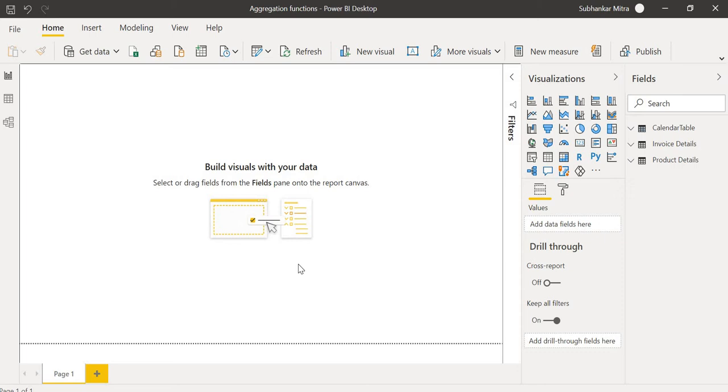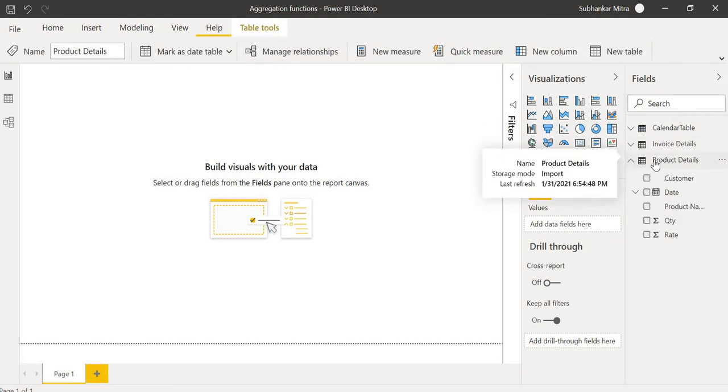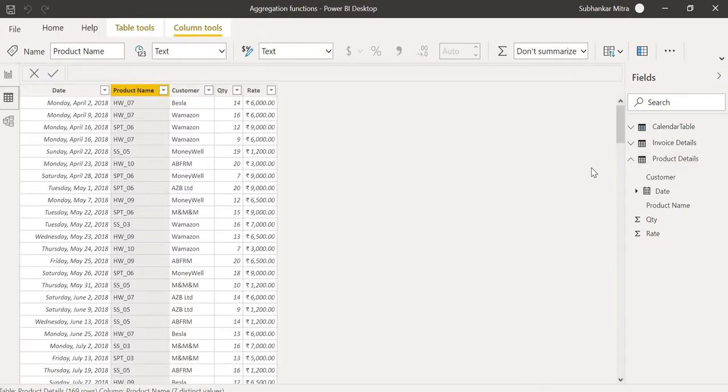Okay, so let's start. If you recap the last video, we had only two tables: the calendar table and the invoice table. The calendar table we derived by using some DAX functions, and invoice was already there. This time I have one more table, called product details. If I go into the table, you will see there are 5 columns. First is date, second is product names. So I'm saying on these dates these products got sold, and then these are the customers, in these quantities